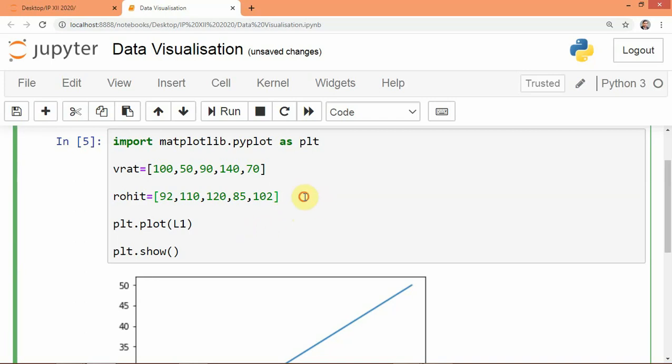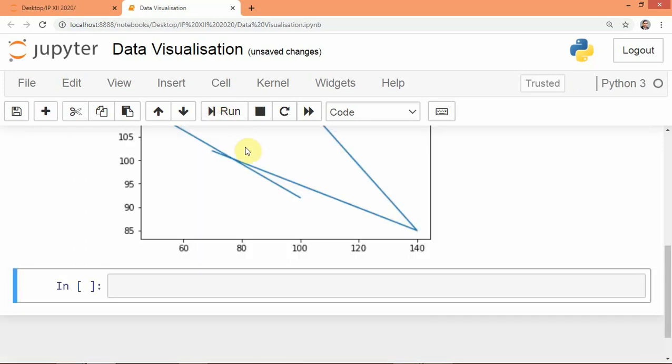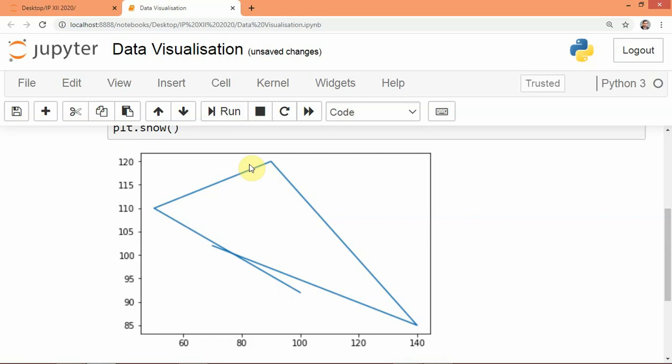So what do we want to display? We want to display this Virat and Rohit on a line graph. So what will it show? What is being shown?